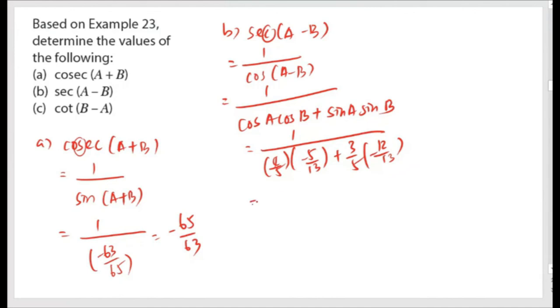So you get the value 1 over negative 56 over 65. So negative 65 over 56 is your answer. And for C,